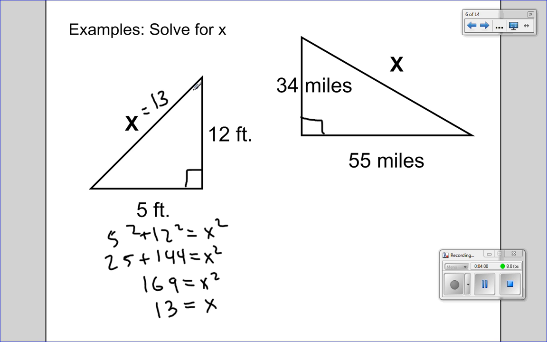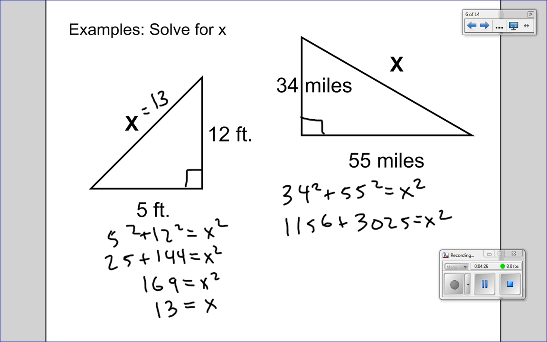You might be tempted to say that it's 17 by adding it up, but that's why you need the Pythagorean theorem to figure that out. And let's try this one. The two sides that form to make a right angle are the legs, so 34 squared plus 55 squared equals x squared. Okay, so this is one that you'd solve, so 34 squared is 1156 plus 55 squared, which is 3025, equals x squared. Add those up. 4181 equals x squared. And finally take the square root, and you get x is about